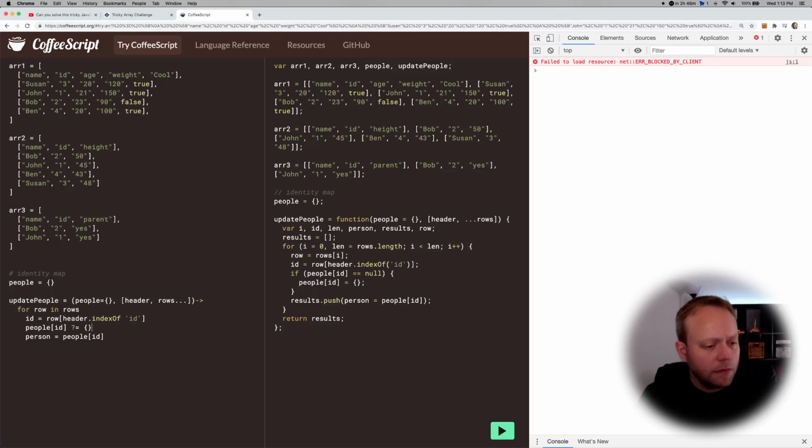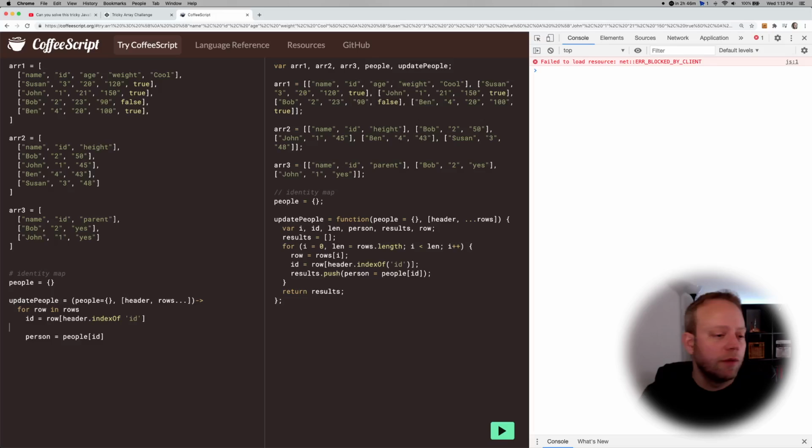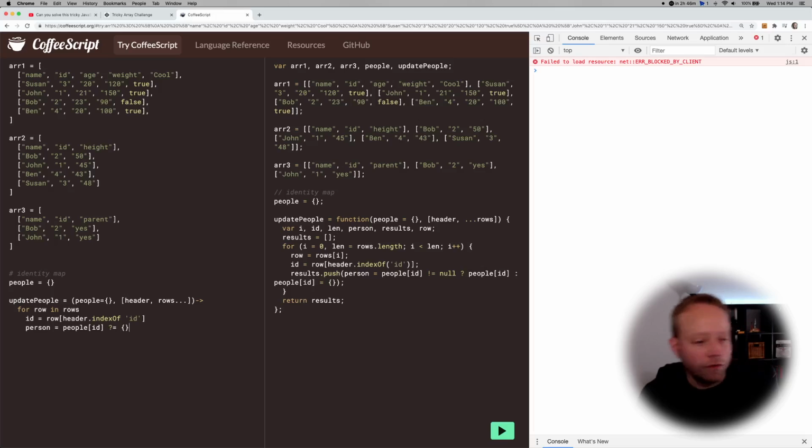And in cases like this, where we're doing a double assignment, we're setting everything equal to the same thing. What we can actually do is just set it equal to this. So this is going to be evaluated first, which is that people ID gets initialized with an empty object, and then we capture that as person just so we have something sensible to make reference to later on. And then now that we have our person, which may or may not be blank or may or may not contain existing data, what we can do is